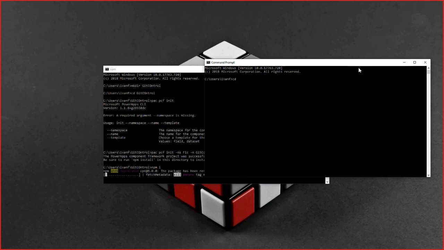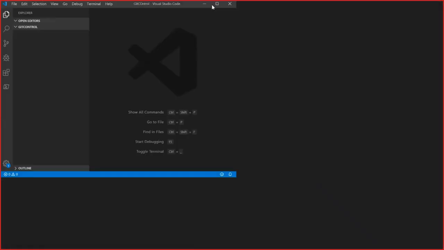So cd git control, typo, git control. Okay, and you can open Visual Studio Code in that directory just by typing code dot. When we run that, we will open Visual Studio Code with our newly initialized project, and it's running so slow now. I don't know why that's so, but